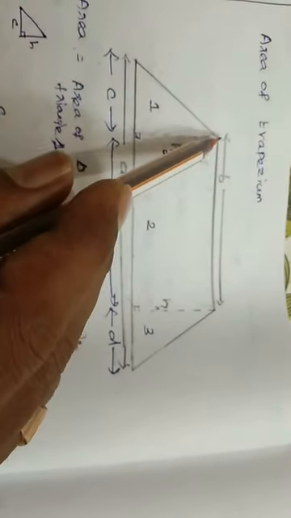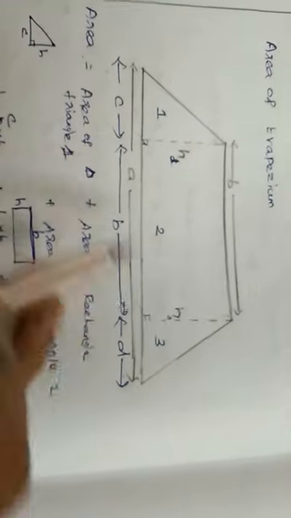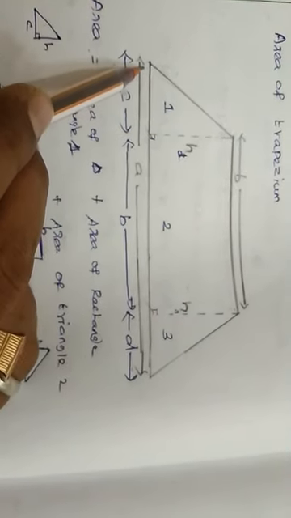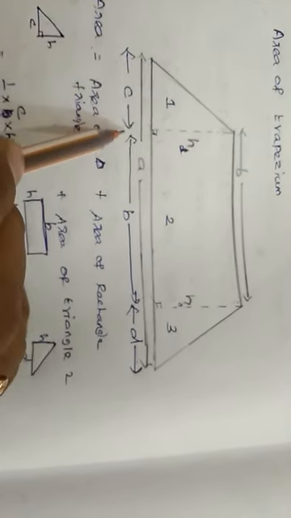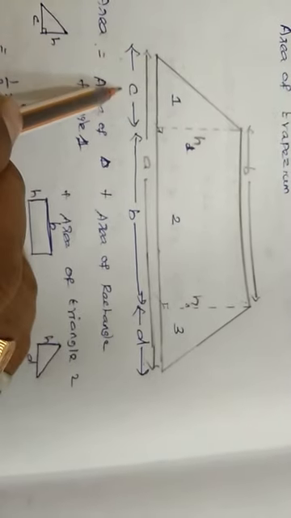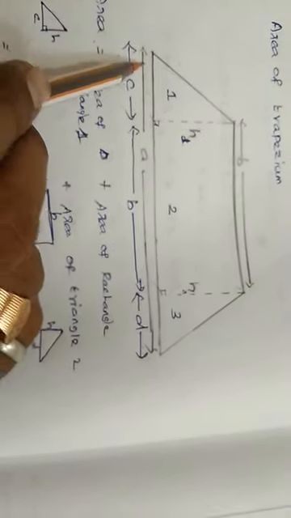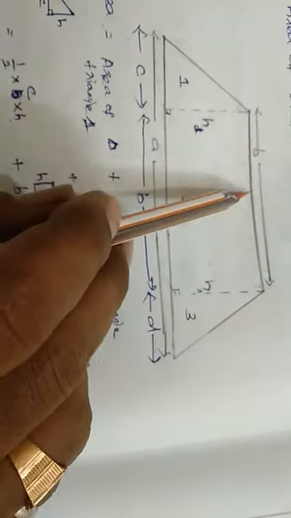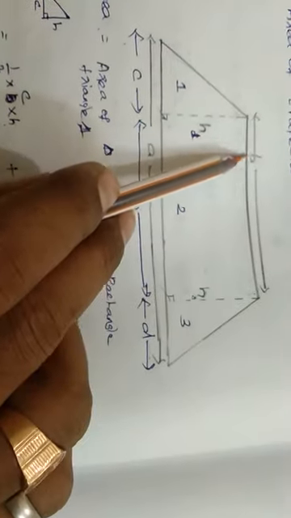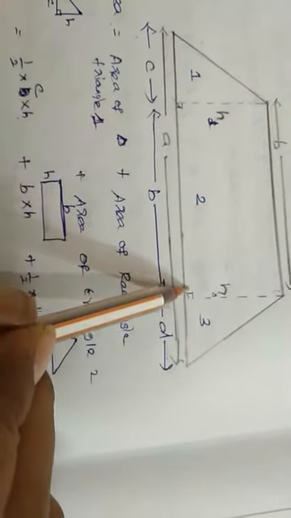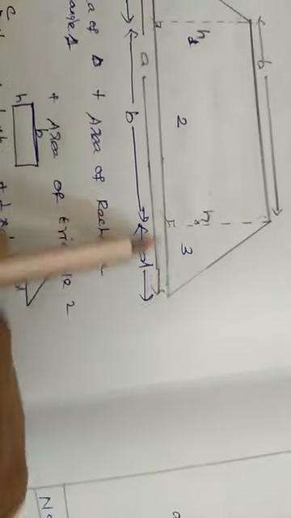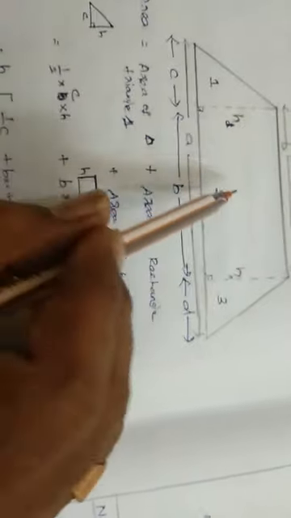We are going to divide it using perpendicular lines 1 and 2. So now we have three shapes. This is a triangle with this base; we are going to call this length small c. The middle shape looks like a rectangle. B is the length of this rectangle, and H is the breadth of the rectangle. And the third one is a triangle with base this length D and height H.